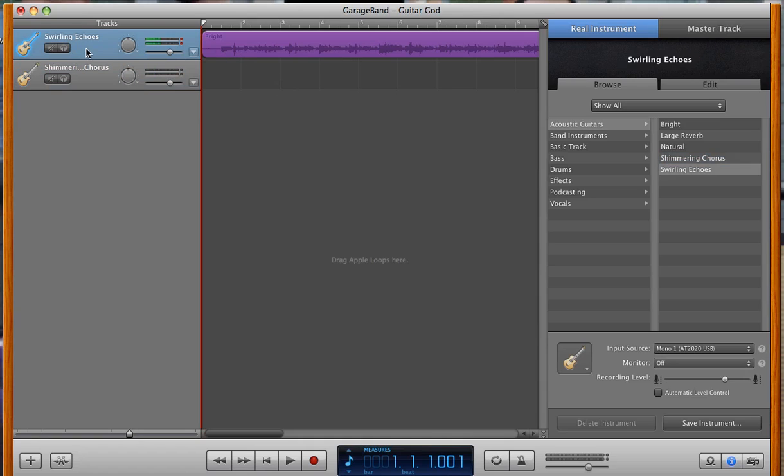So what I want to do is highlight my shimmering chorus, and plug in my earphones just so I can hear where the music is at up here, and then down here while it's recording, the microphone's just going to pick up the new piece that we're actually going to put in there. So if I were to record the secondary piece for this,